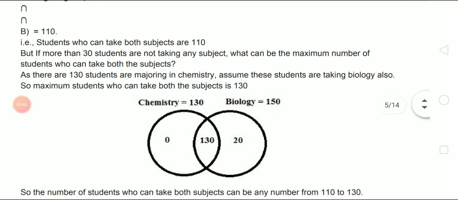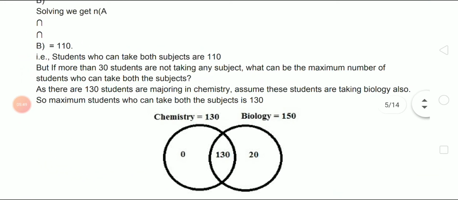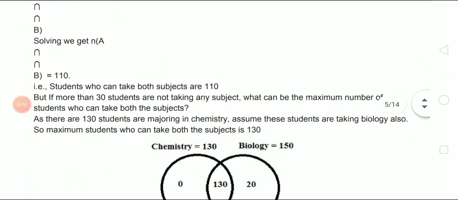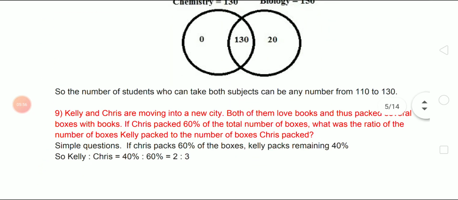First, if you get questions like these categories, then you should draw the diagram. It will give a clear answer to you. Okay, you can solve this problem, no need to worry, because previously I explained the same problem here. Okay, let's move to the ninth one.